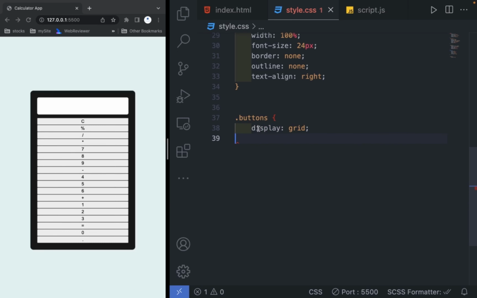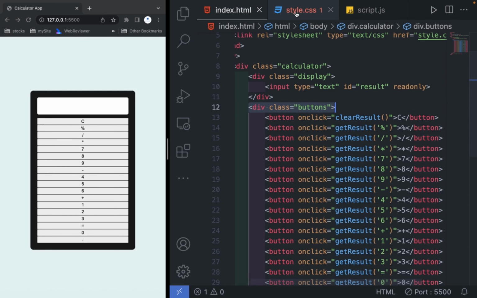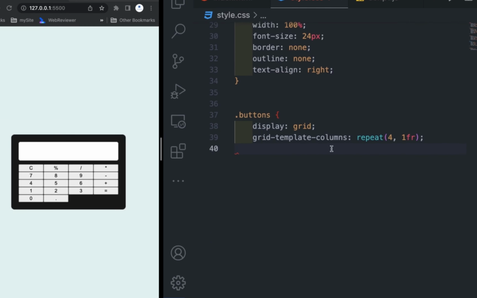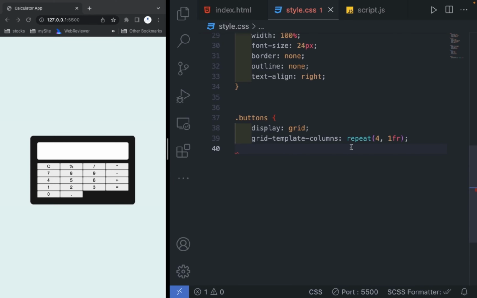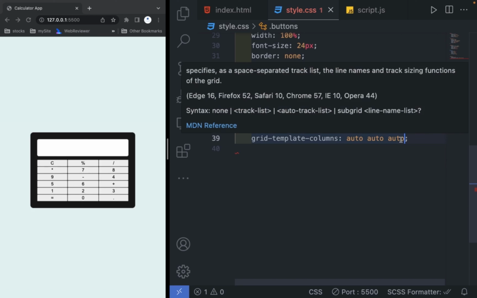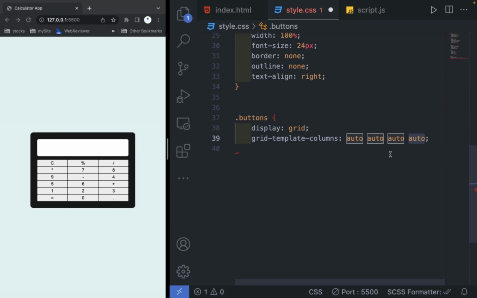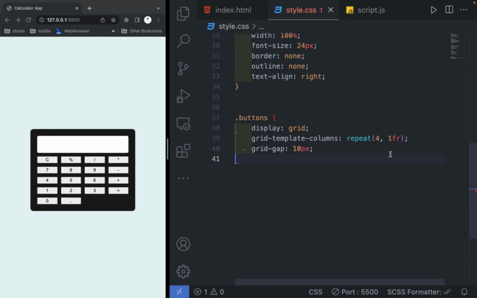Now I am styling the buttons div. This is the main button class I have named buttons. So I am writing display grid, and then grid-template-columns and repeat 4. This will make however many items you have in that div appear four in one row. Here, as you can see, we can also give auto. However many auto you give here, like 3, then 3 will be in a single row. So I will keep it as repeat 4. In this way you can write it, and that way also.